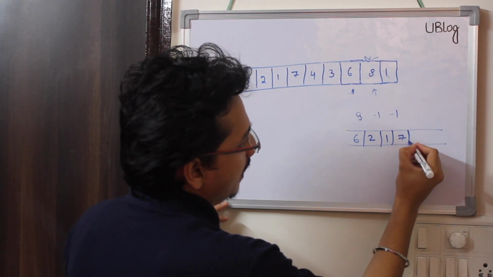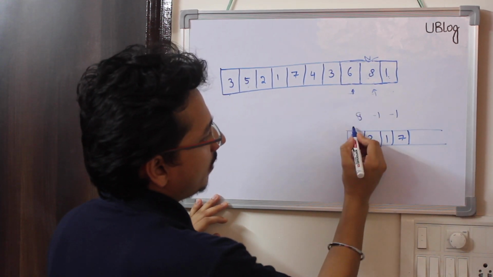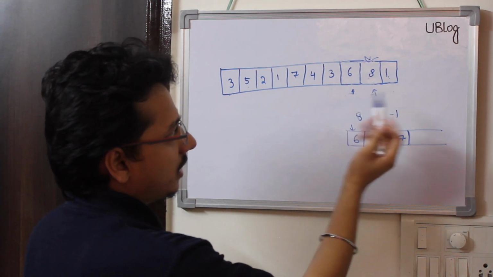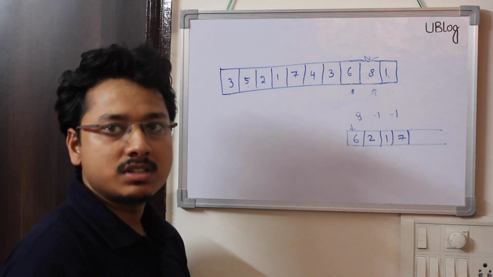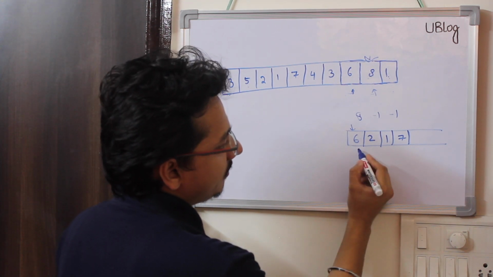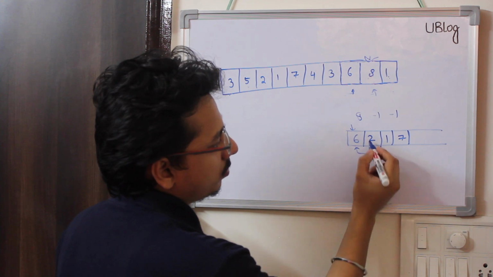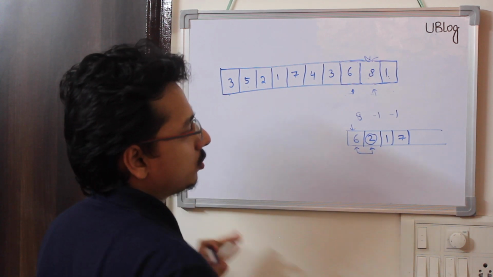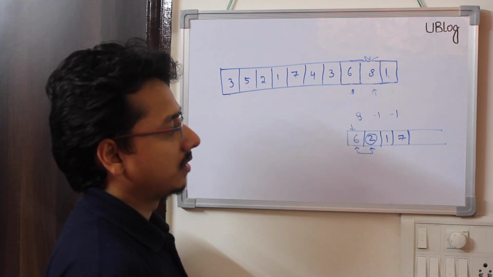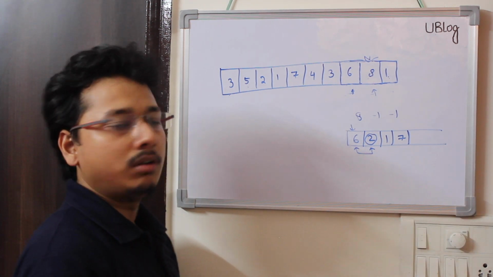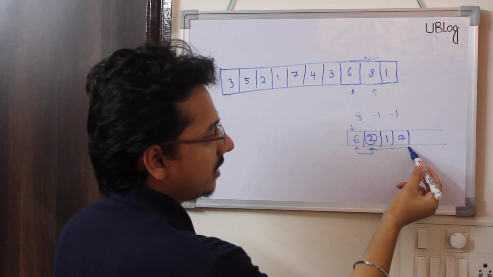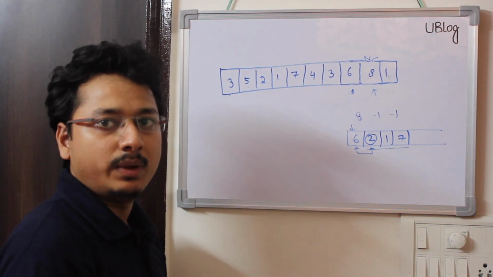If my input array had been this, and I would have been at this place, since while traversing in the reverse direction I can only compare the last two elements. So first at the index of 6, if I compare these two, my 2 is not greater than 6. So now in this case I need to traverse all the remaining elements, which takes us back to what we solved earlier. If we have to traverse all the elements on the right hand side, it is the same as what we were doing earlier.